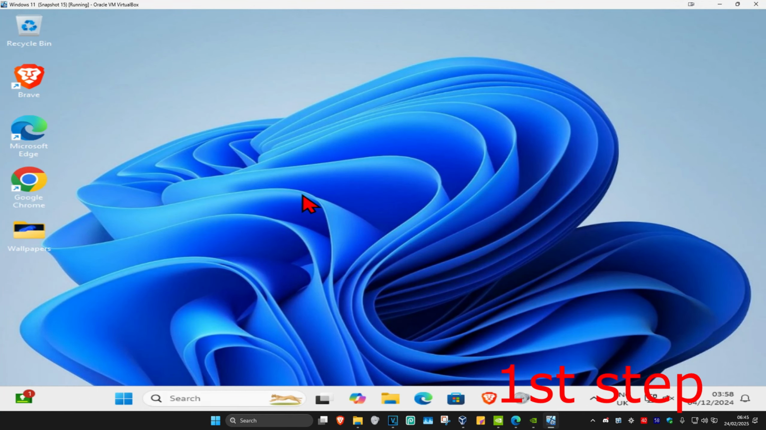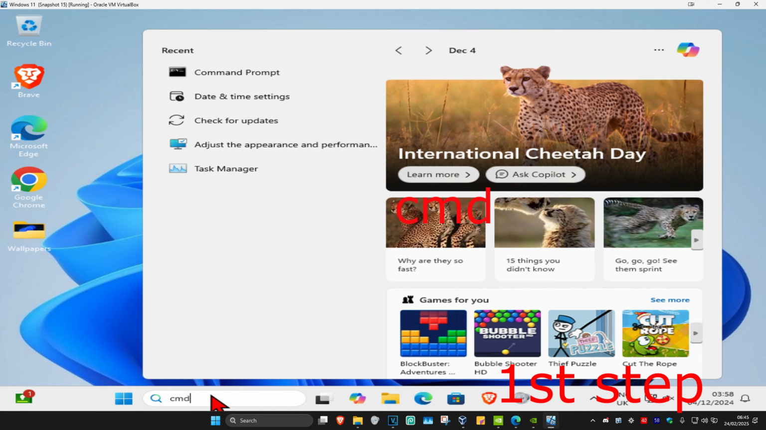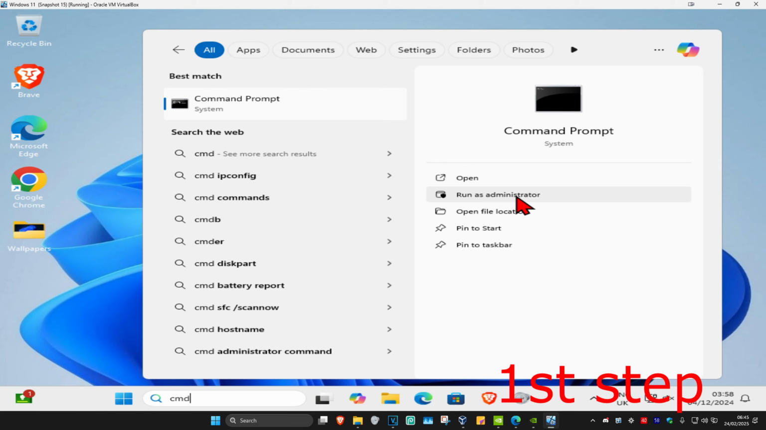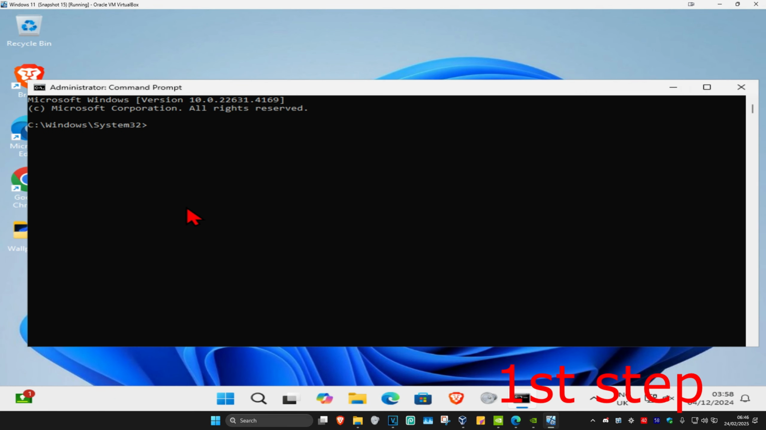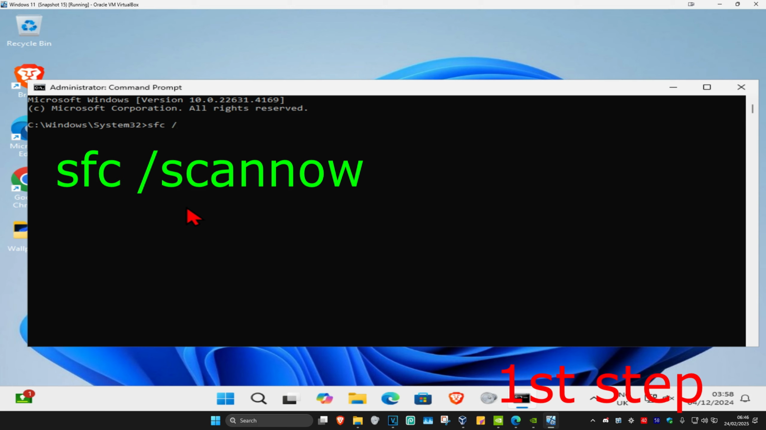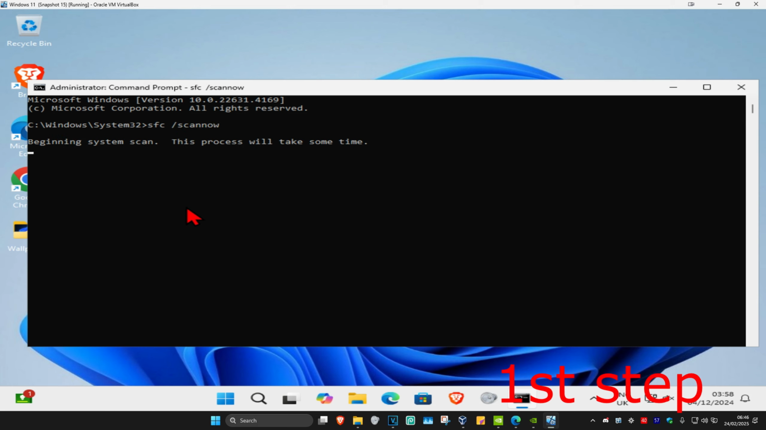So guys, for the first step, you're going to head over to search and type in CMD. Now you want to run it as administrator. And then click on yes. And then once you're on this, you're going to type in sfc /scan now, and then click on enter. Then you want to run the scan. We can run the scan in the background as you complete the next steps in the video, so you just